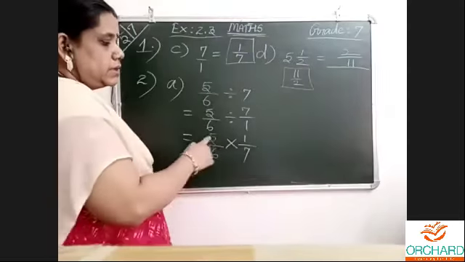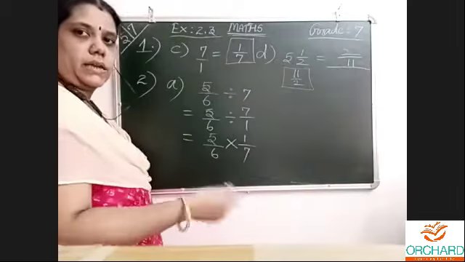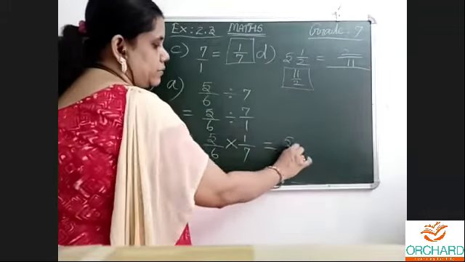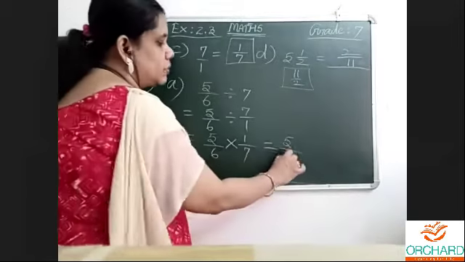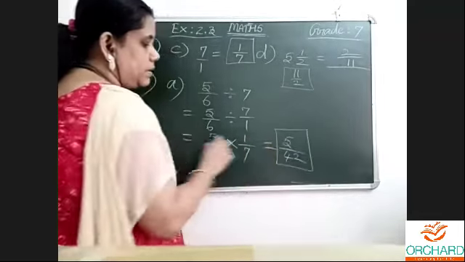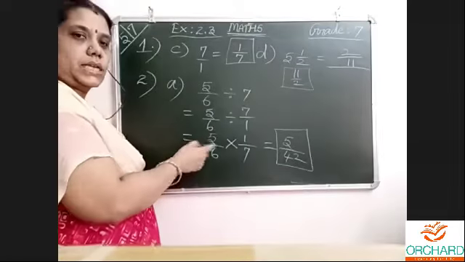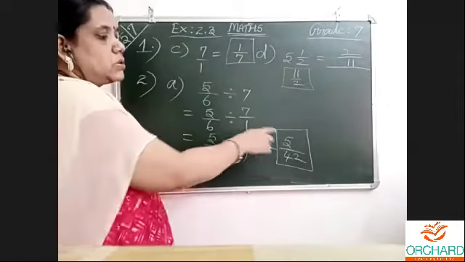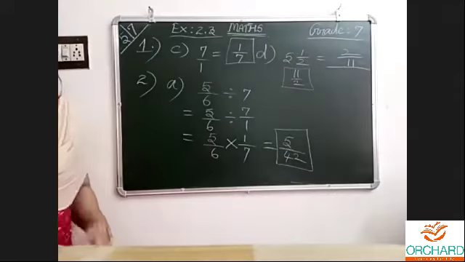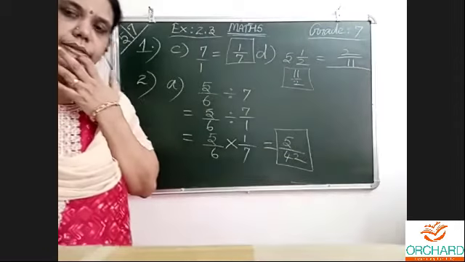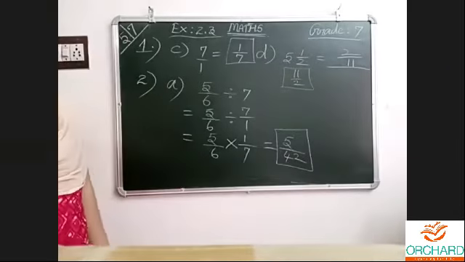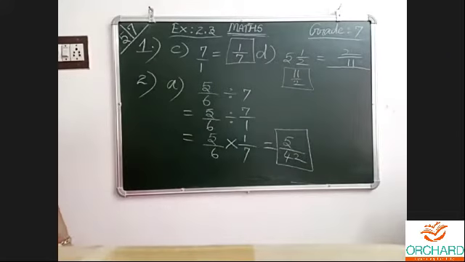So yes, if possible, do the striking. Not possible, do the multiplication. 5 ones are 5. 7 sixes are 42. 5 by 42 is the answer. Because 5 is a prime number, it won't come in any table except its own table. So we just need to multiply, 5 ones are 5 and 7 sixes are 42. Yes, for striking, mixed fractions need to be converted. Like that only. For striking purposes, we need to convert.